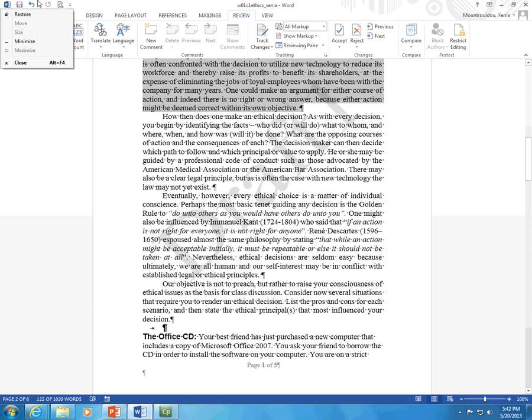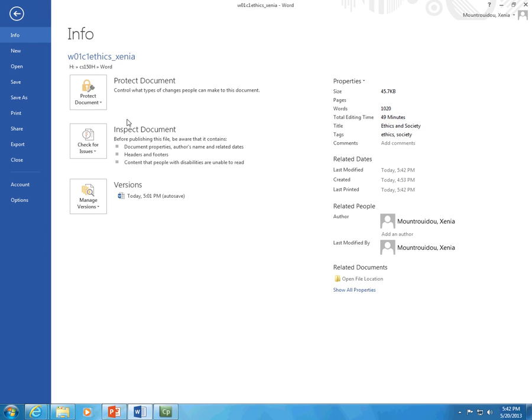Now, something that is quite important is the backstage, protect, inspect, and versions. But more on this on